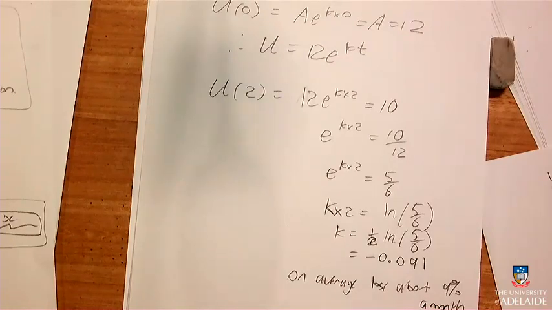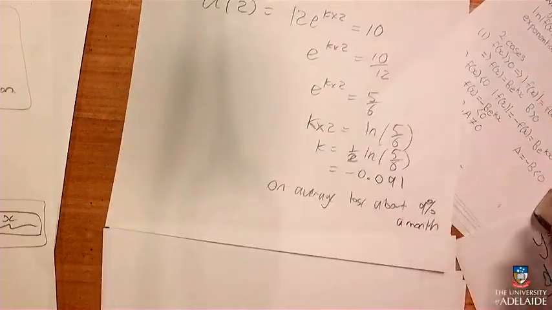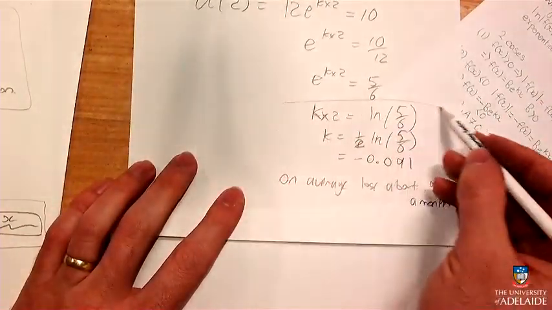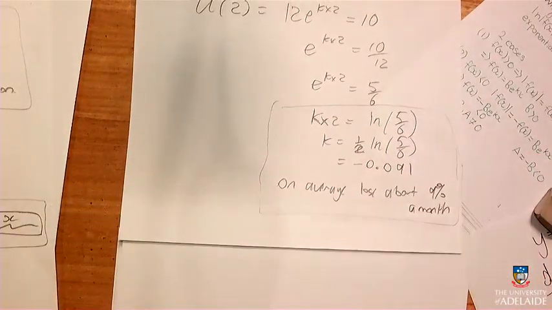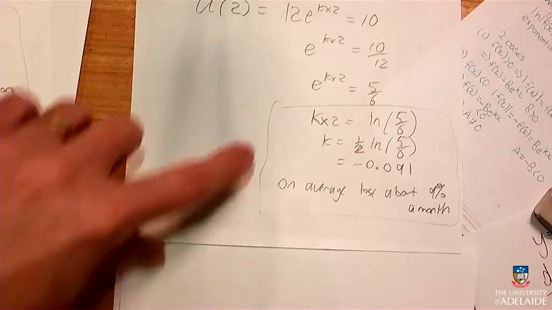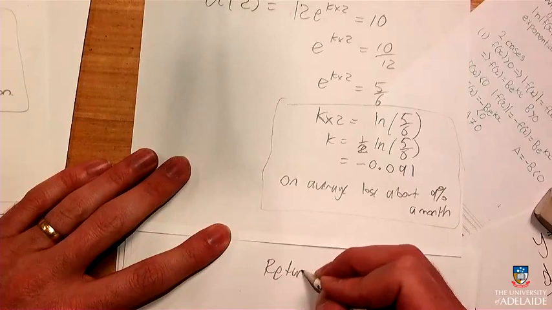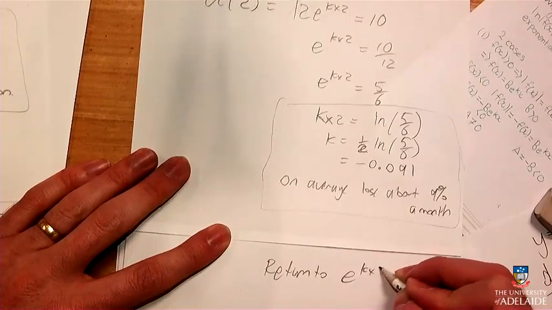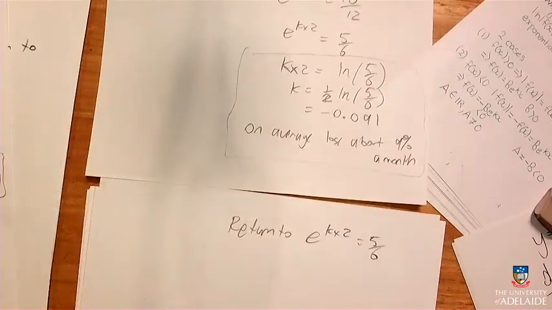But we don't actually technically need to know what k is to solve this problem. It's not necessary, and I'm going to show you. This bit of working is great, but we don't need it unless someone asks, because I only need to know what e to the power of k is. This is a cool trick I want to show you. So back at this stage, if I take both sides to the power of a half,